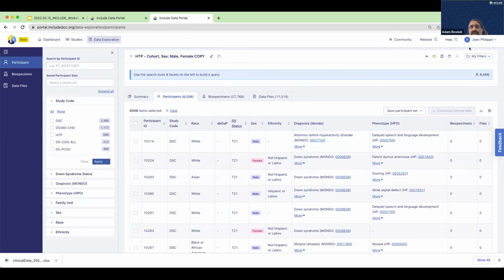The other layer, and I think this was implicit, and perhaps JP mentioned it and I missed it, is that as you query across either the participant or biospecimen or data file context, especially on the biospecimen side, I wanted to reference something I mentioned earlier, which is that iterative cycle of generating one type of data modality and then being able to ask the question, now that DNA sequencing has been generated from this sample, is there more of that sample to generate another type of data modality? That use case of that asynchronous